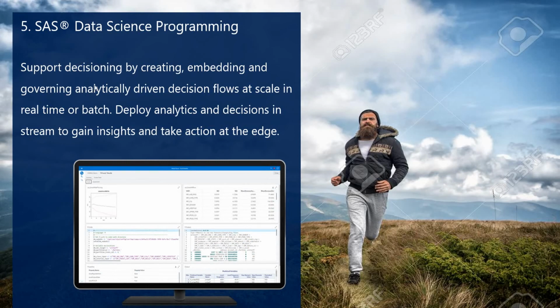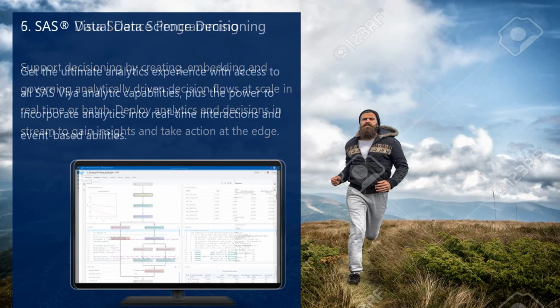Next is SAS Data Science Programming. Support decisioning by creating, embedding, and governing analytically driven decision flows at scale, in real time or batch. Deploy analytics and decisions in stream to gain insights and take action at the edge. This is used for data science programming.